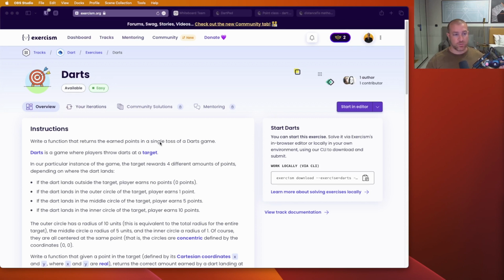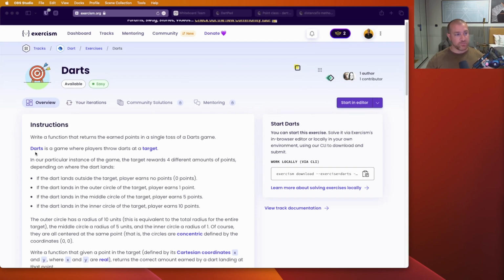Okay, they will go and explain what darts is, what this game is. So darts is a game where a player throws a dart at a target. So you have a target, and then you throw darts. If you never saw it, they look like small toothpicks, I will say. And then you throw them, and they stick in a target. In our particular instance of the game, the target rewards 4 different amounts of points depending on where the dart